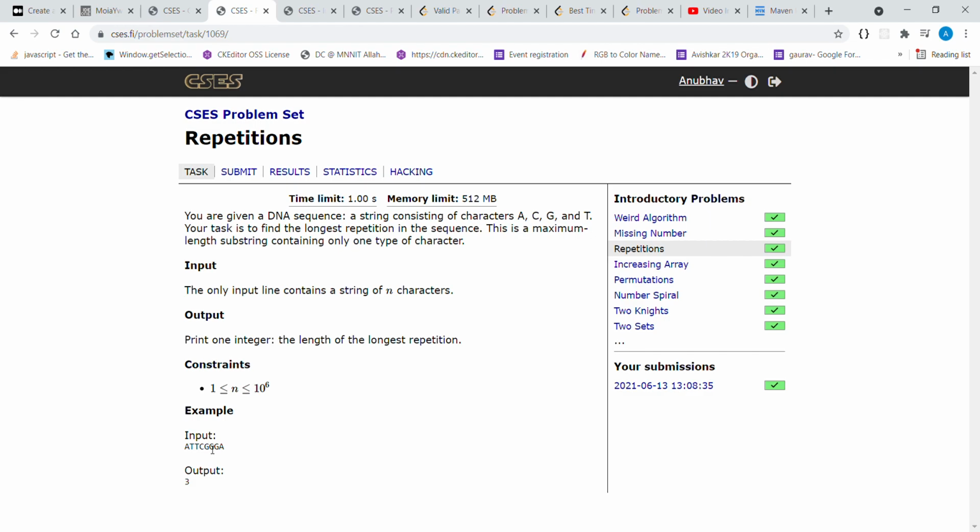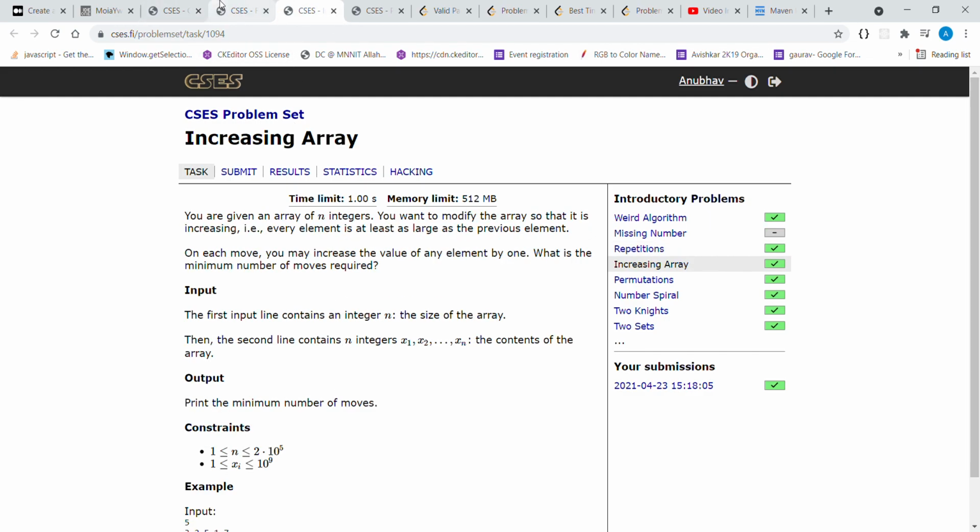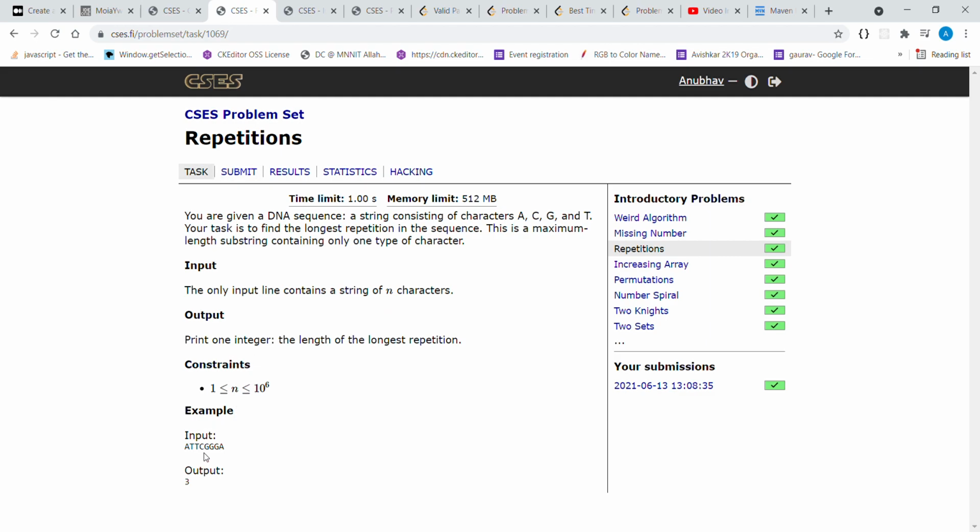Now i becomes equal to j minus 1, that is 3, and i is incremented in the upper part of the loop, so i becomes equal to 4. Now j goes up till the last point because only at the last point it stops being equal to g.